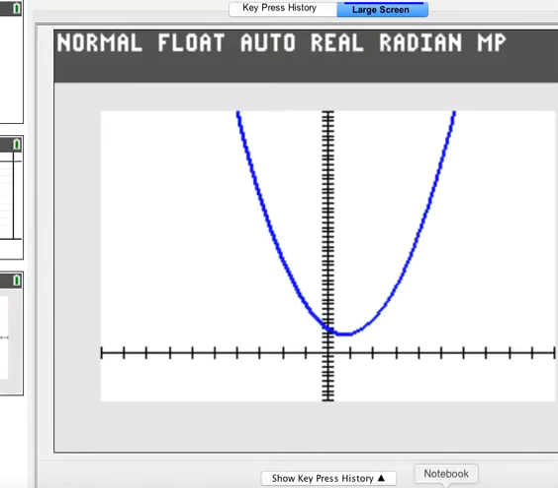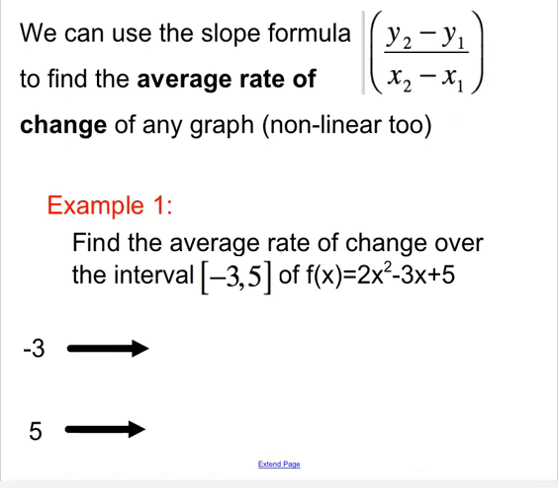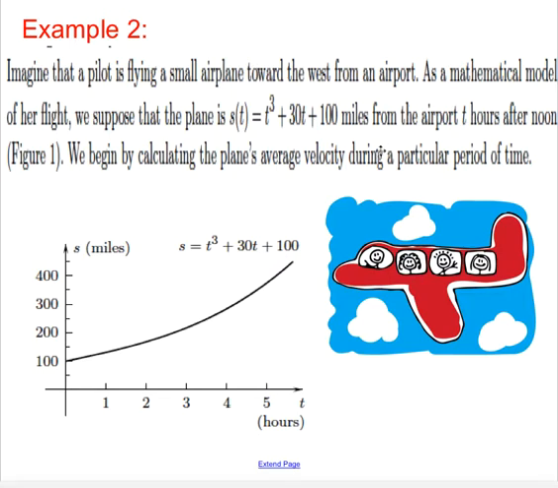So if I gave you a real world example, we have this small airplane type of thing. This is the graph essentially. You can read that prompt, but it gives you the graph as well as the equation. So let's say I want to know the average rate of change, or average velocity in this case, since it's miles. Again, it's y over x, so miles divided by hours, or miles per hour. My answer is actually going to be a speed, so it just says velocity. And that's kind of neat, right? A slope of y over x gives you a speed in this case because you have a distance divided by